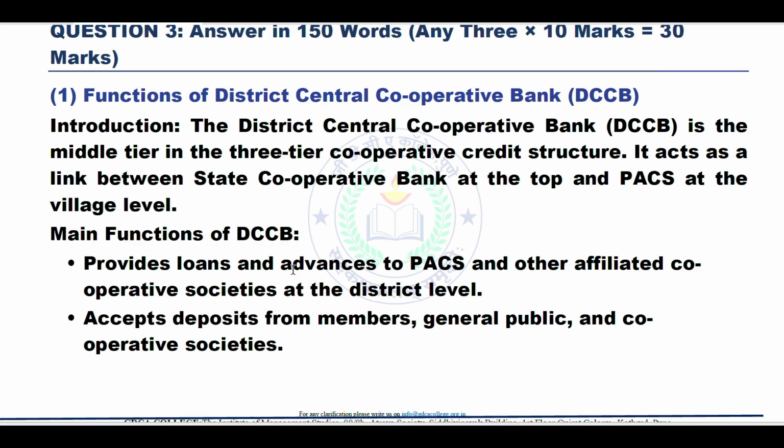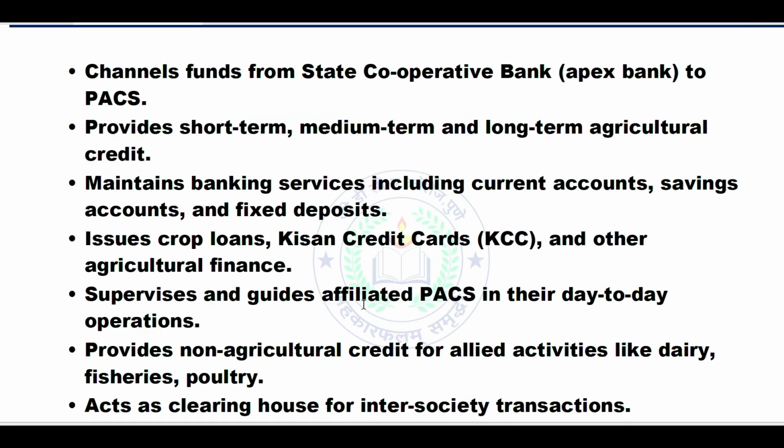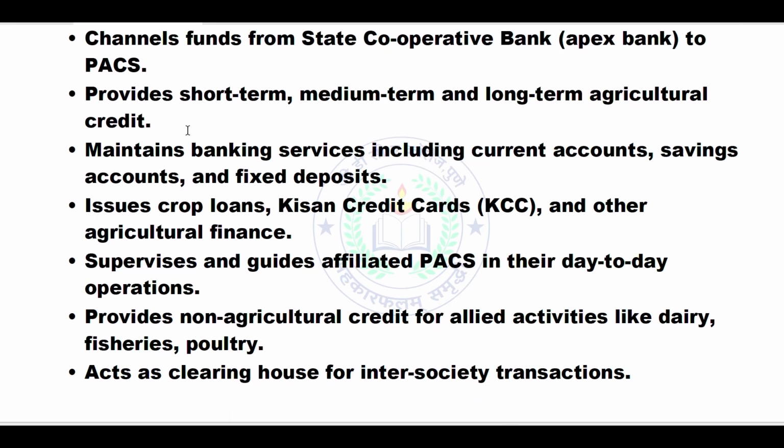So the main functions of DCCB: provides loans and advances to PACs and other affiliated cooperative societies at the district level, accepts deposits from members, general public and cooperative societies, channels funds from the state cooperative bank, that is the Apex bank, to the PACs, provides short-term, medium-term and long-term agricultural credit, maintains banking services including current accounts, saving accounts and fixed deposits, issues crop loans, Kisan credit cards, that is KCC, and other agricultural finances,